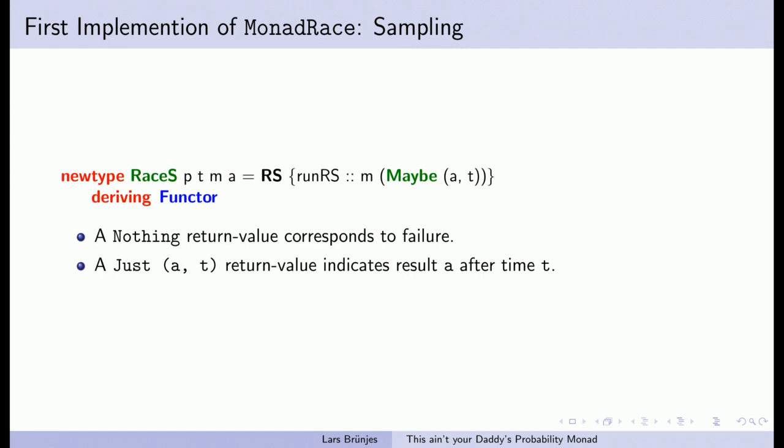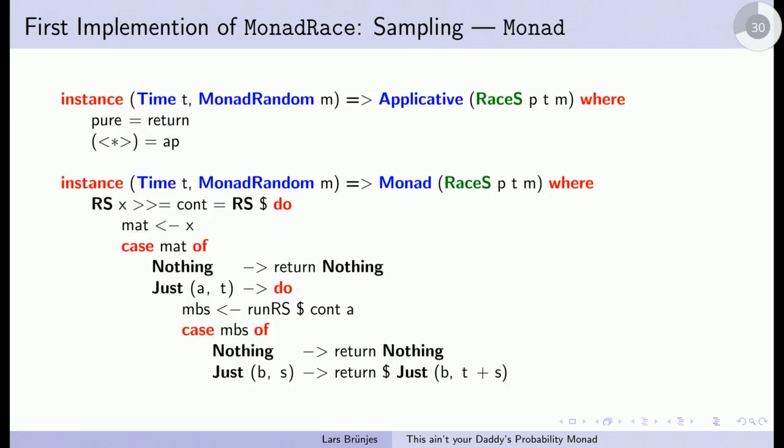That's my monad error case. And if it doesn't fail, it gives just an A, and it takes time T to get there. And let's see. So this is just standard boilerplate stuff. The monad instance is, in principle, so if the first one fails, it fails. If the first one doesn't fail, I run the second one, and I apply the continuation to the result of